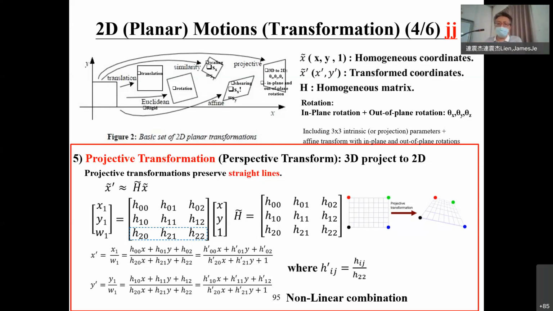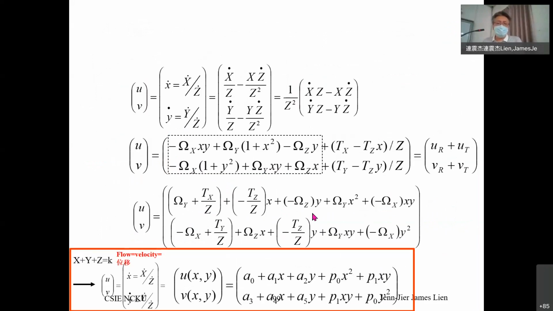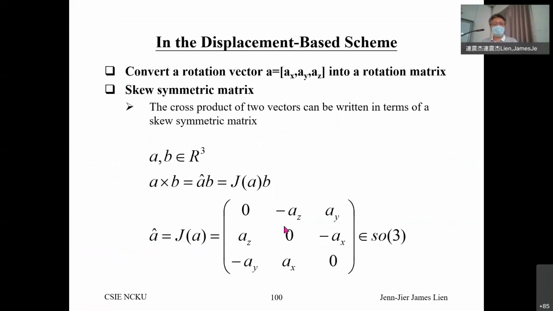That's perspective projection transform. And it will keep the straight line. 就直线还是直线这样子。